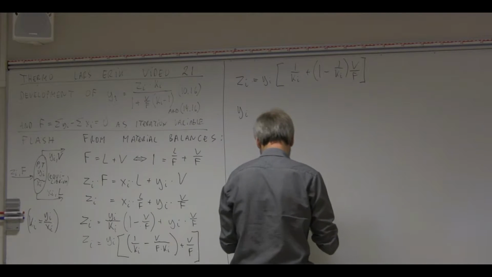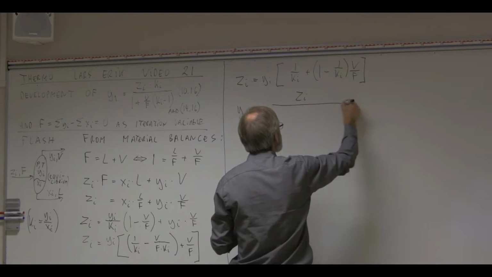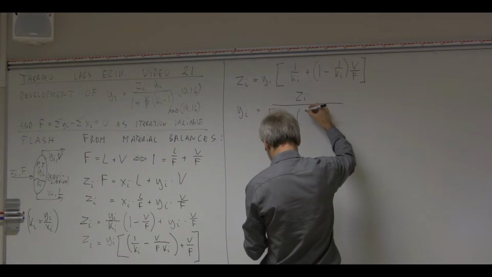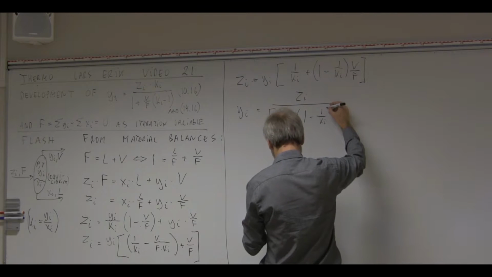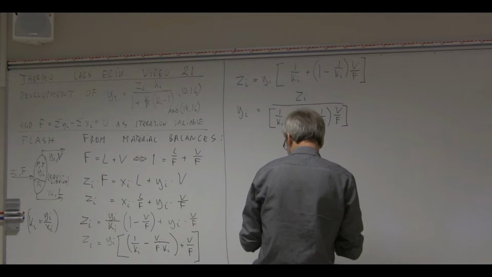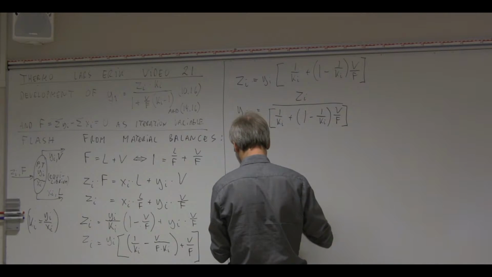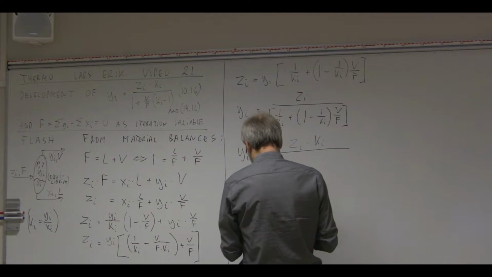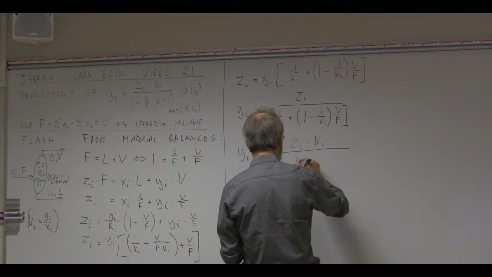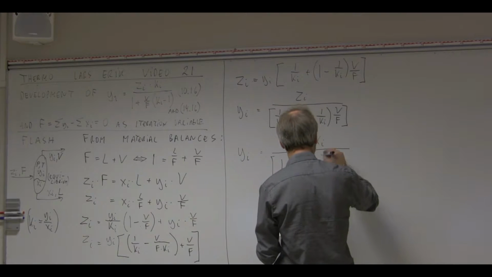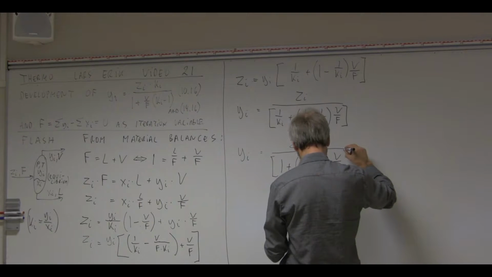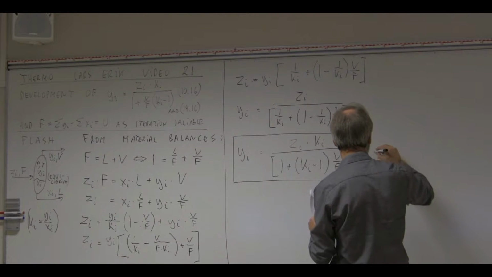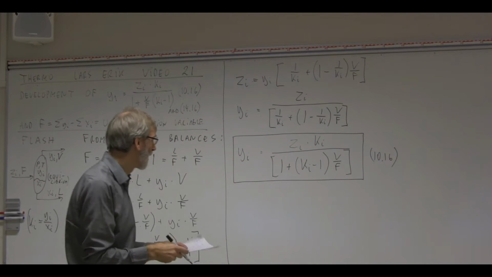And then the y can be expressed by z i over 1 over K i plus 1 minus 1 over K i times V over F, or y i equals z i times K i divided by 1 plus K i minus 1 times V over F ratio, and this is equation 10.16,